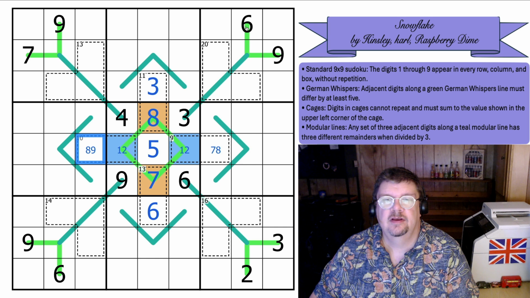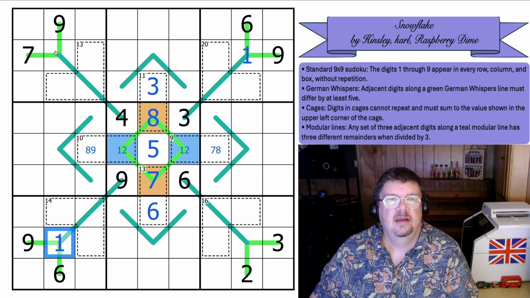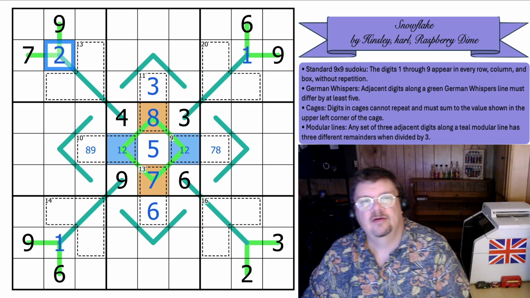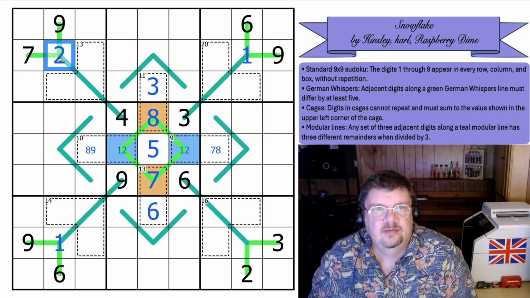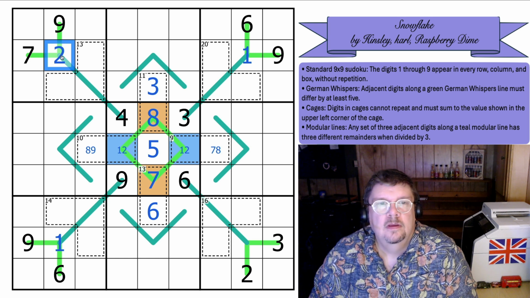The only digit that can go next to a 6 that's at least 5 away is a 1, so that applies here and here, and only a 1 or a 2 can go next to a 7. So that is a 2 because I've now got ones that see it by sudoku. Alright,